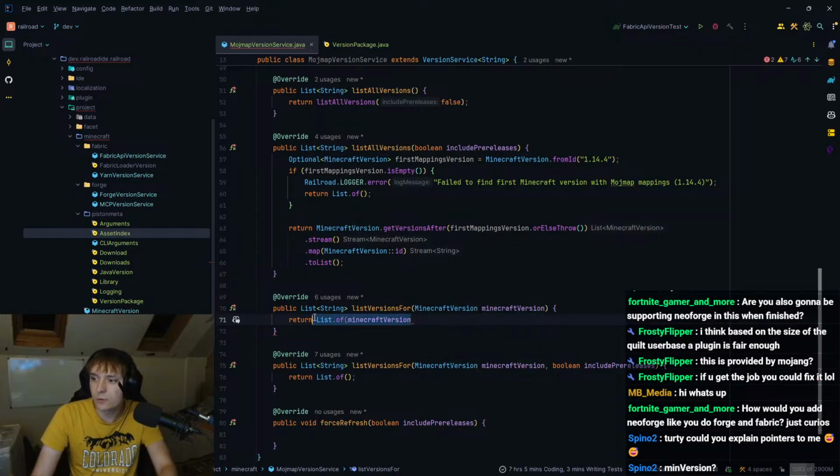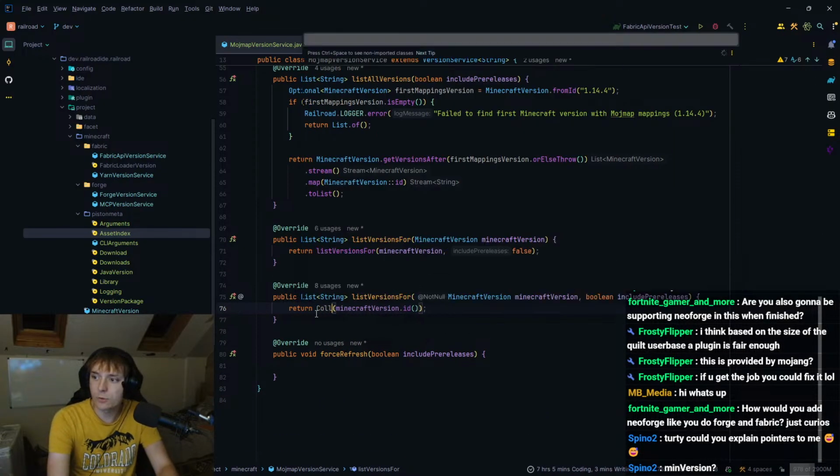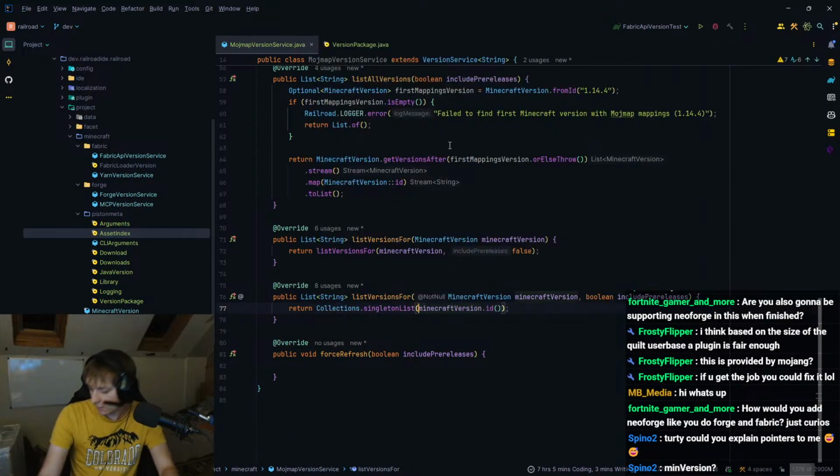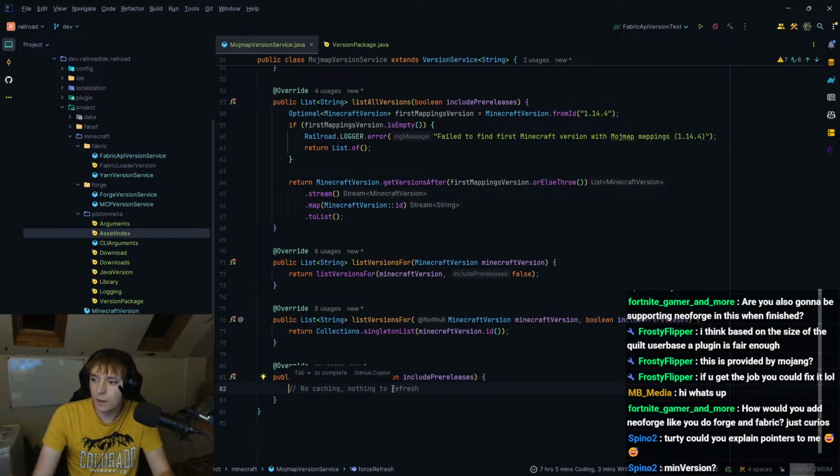No, actually, this just needs to return this version 4 false, and then this would return Minecraft version.id. There you go. Let's do collections.singleton list as well. Just minor optimization, I guess. And then, yeah, it doesn't really need to cache anything.